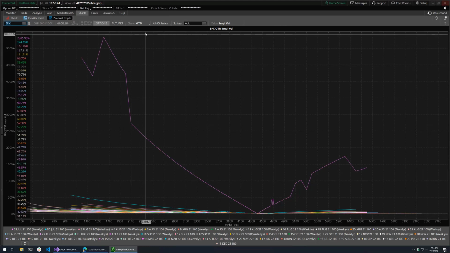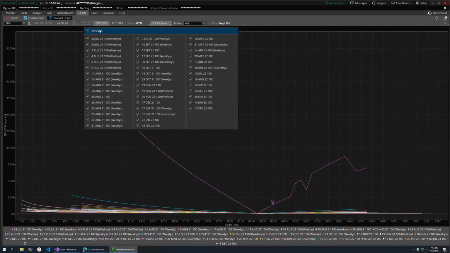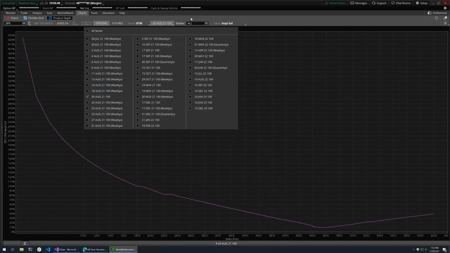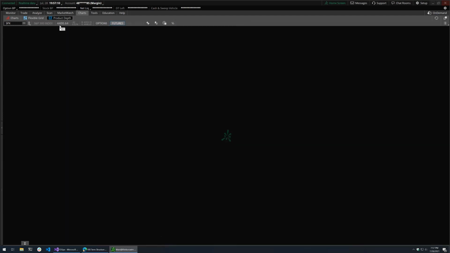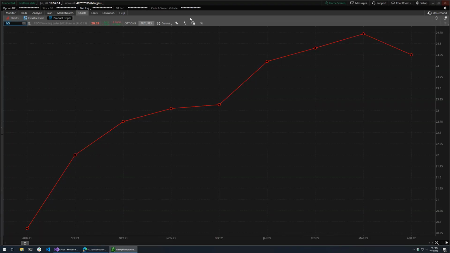This is showing you the skew of the various contracts. So this is the vertical skew. Here you can see that the out of the money puts are more expensive, and this skew is steeper than the out of the money calls over here. But if you were to jump over, instead of looking at options, you look at the futures here and then change it to VIX, the VIX future symbol, VX, you can now see this same thing that we see